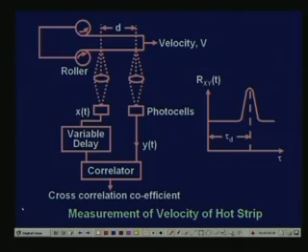In hot rolling, this bar which is getting rolled is actually red hot, right. So, you can imagine it is at a very high temperature, and therefore, as we know, we need to sense the speed from a distance. We should not go too close to it. For example, magnetic sensors may not work at a very high temperature. So, what we are going to do is